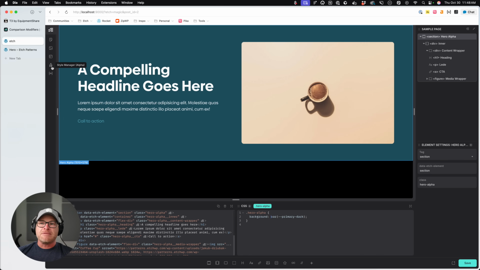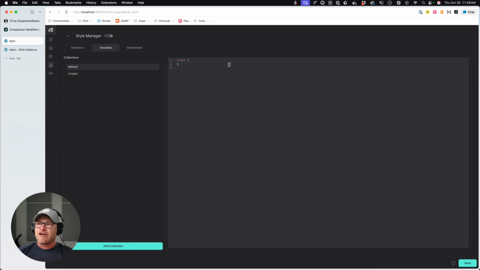And if you look at something like our style manager where you go to variables, you can manage your variables. I can't find it right now. I could go to the Figma for it. There's a whole Figma designed for categorizing these so that this isn't actually just a root. This is just to make this work right now. But there's a version of this that is a full UI where you can categorize your variables. And then when you categorize them, that's how they're going to be organized in context menus.